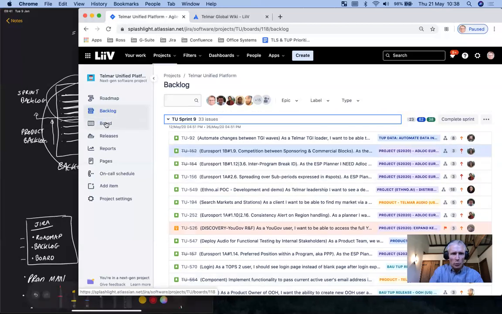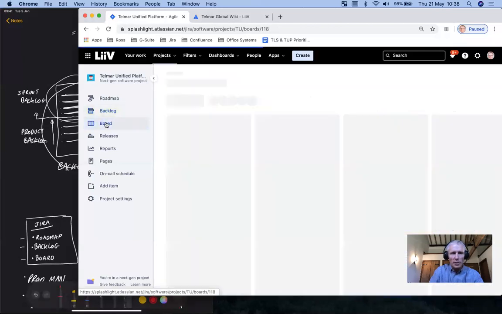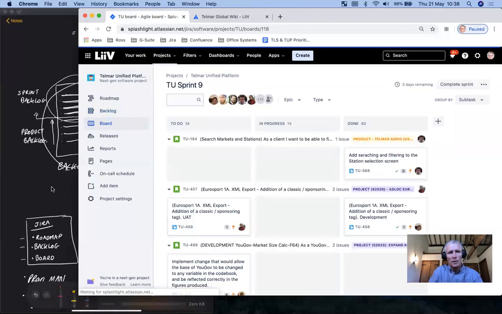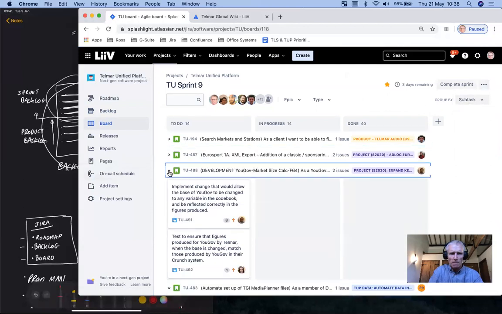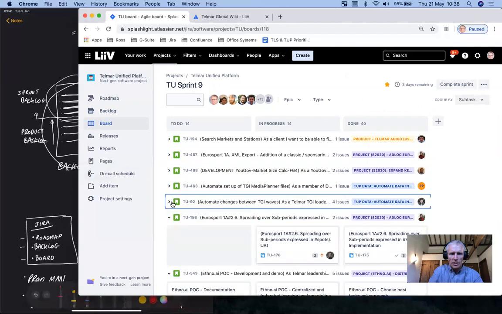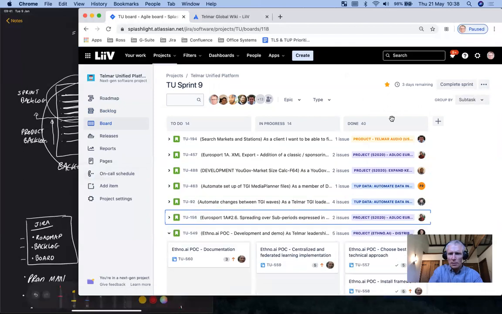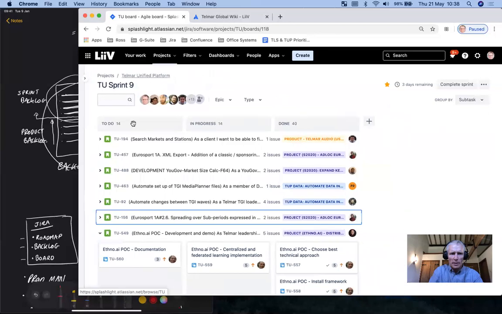Then let's go down to the board. And the board is really where we spend our time in the day doing the work. So let's collapse all these and make a bit more space. You see three columns: to do, in progress, and done.